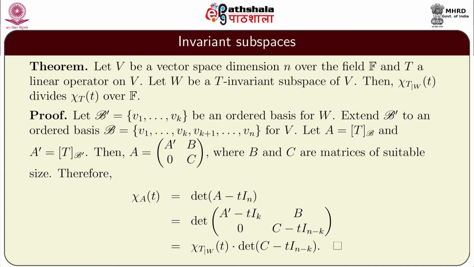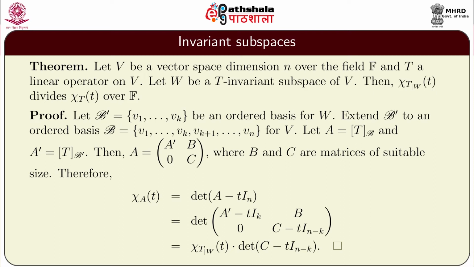Therefore, in the bottom right corner the matrix C has to be of size n minus k. And now if we compute the determinant, then it is the characteristic polynomial of T restricted to W multiplied by the determinant of C minus t I n minus k. Therefore, we have proved that the characteristic polynomial of the restricted operator, that is T restricted to W, divides the